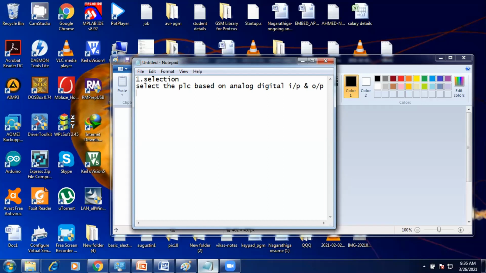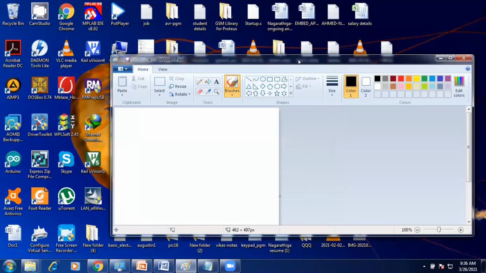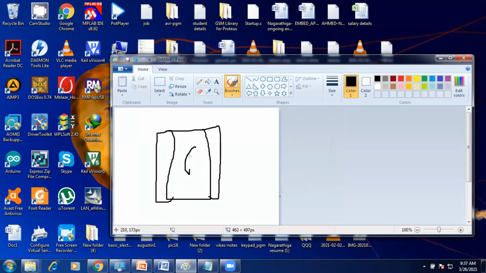If I want to convert 5 volt to 24 volt, we have the output isolation barrier. In the input isolation barrier and the output isolation barrier, it will take some time period. Based on that time period only, it will convert from 24 volt to 5 volt or 5 volt to 24 volt. Just consider the CPU here.